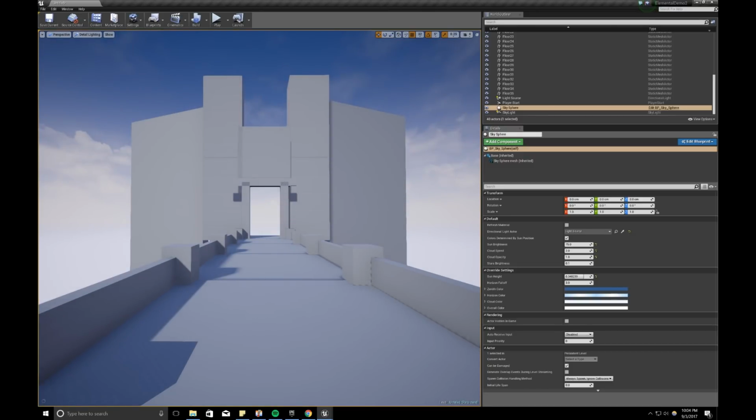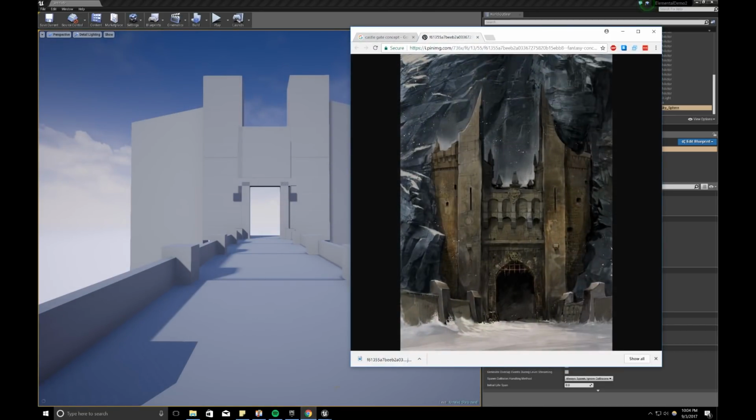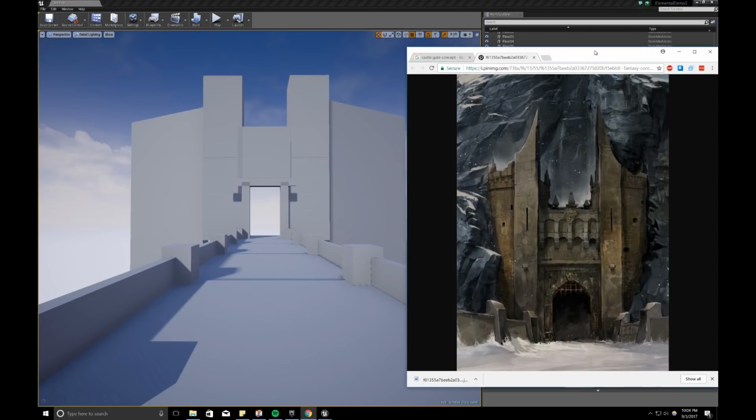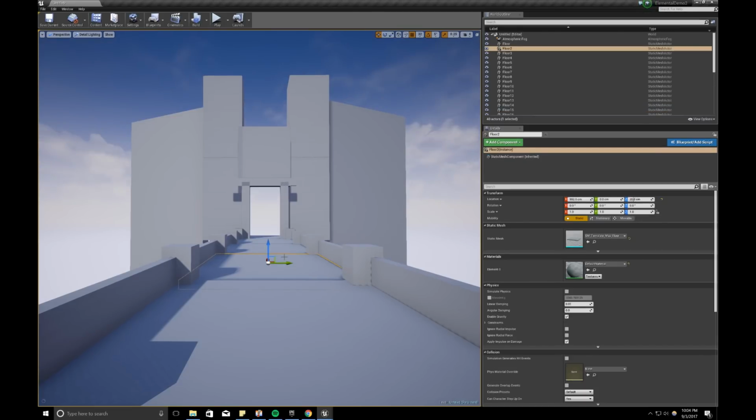Hit 1, come back to our reference, starting to match. Now we can do some very base cubes to set the reference point for where the rocks are. Nothing too fancy. So I'll take this guy here,